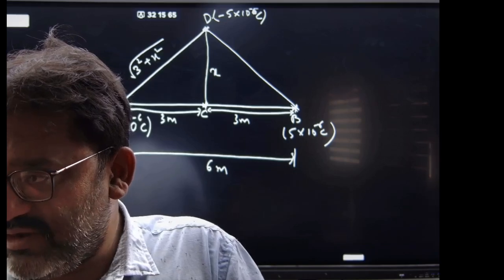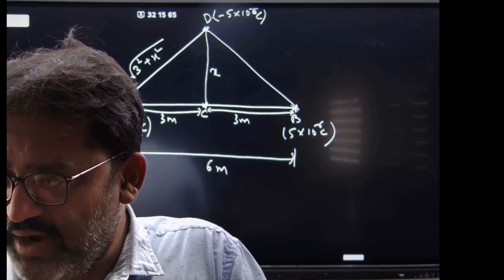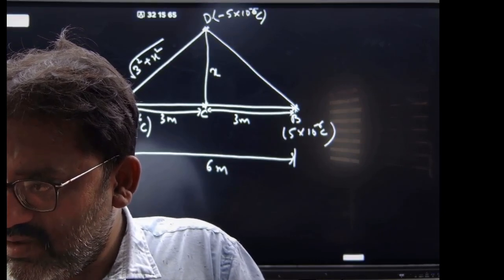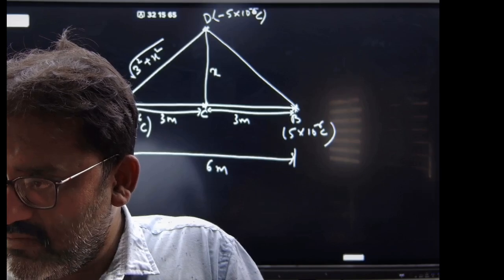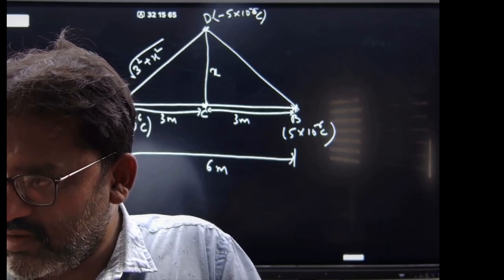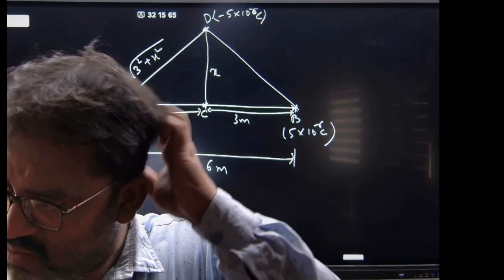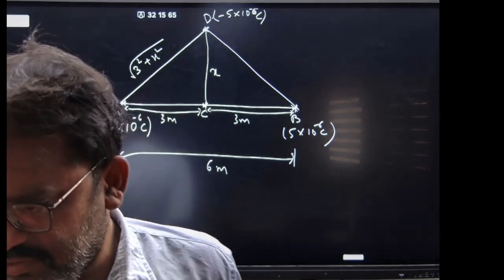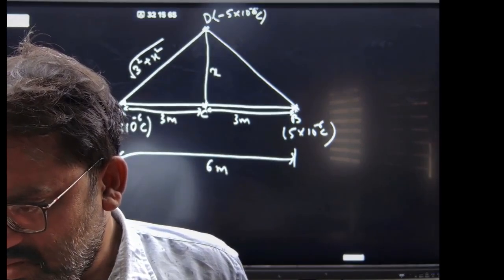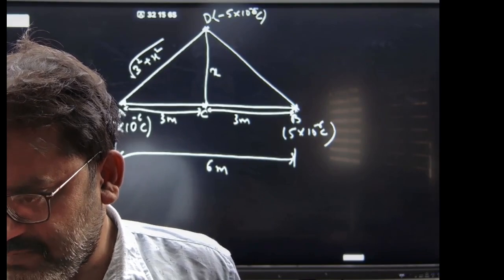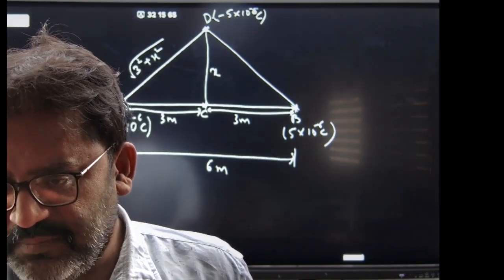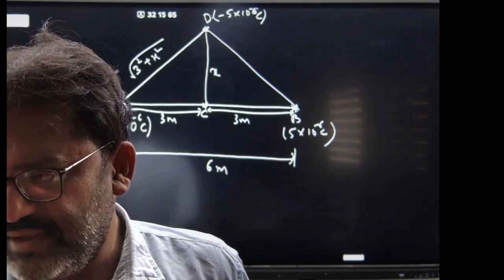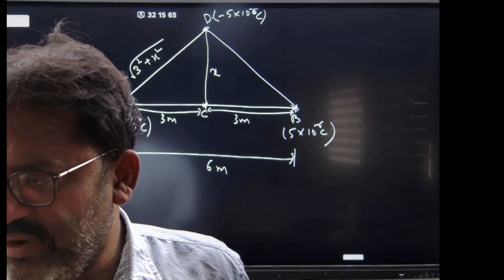So it gives me, we can say 60 divided by 450 is equal to 1 divided by 3 square minus 1 divided by root of 3 square plus x square. So take that particular 1 divided by root of 3 square plus x square this side, and take this 1 by 3 square to that side. So we are going to get, we can say